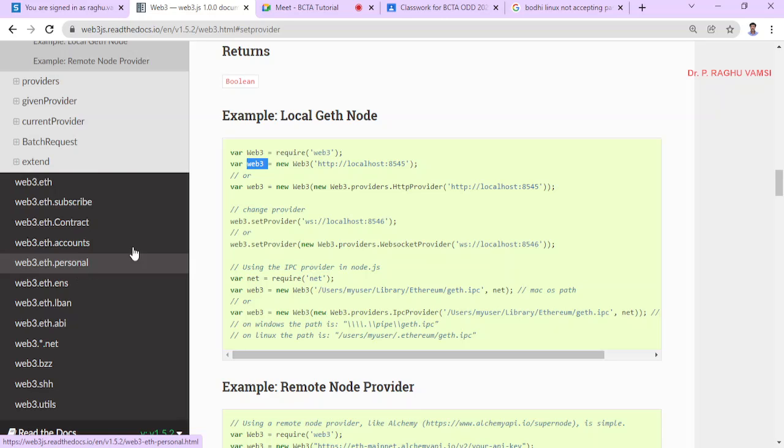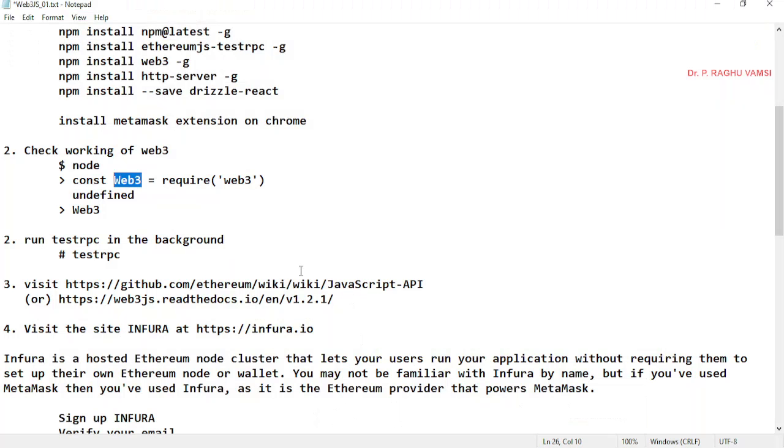This can be done from the command prompt, because Node is the tool we are going to use for connecting to Web3, or we may also write the same in the web browser. In order to run in the web browser, obviously an HTML file is required, and in the HTML file we may also write JavaScript code.